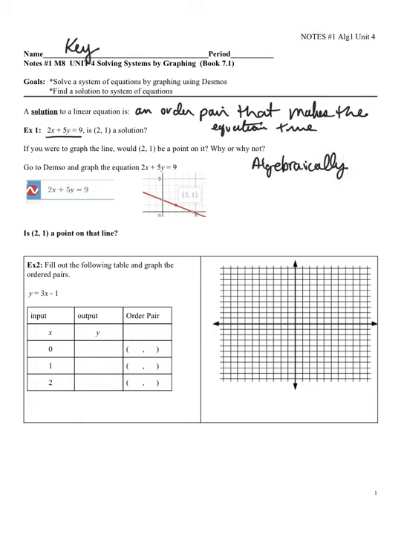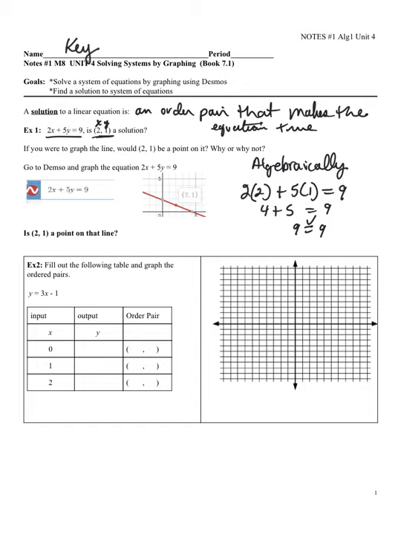I will plug in. So for example 1, I have 2x plus 5y equals 9. Is (2, 1) a solution? To check it out, I'm going to plug in, this is my x and that's my y. 2 times 2 plus 5 times 1, and make sure it does equal 9. Now I follow the order of operations. 4 plus 5 equals 9. 9, in fact, does equal 9. So algebraically, I can tell that the ordered pair (2, 1) is a solution for the linear equation 2x plus